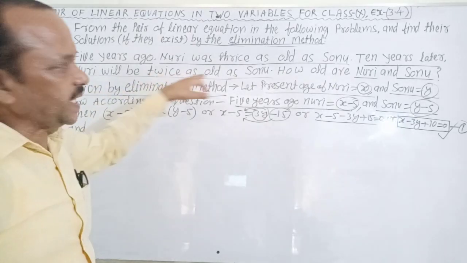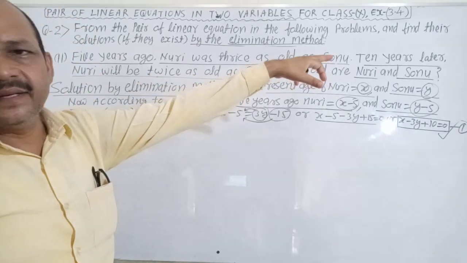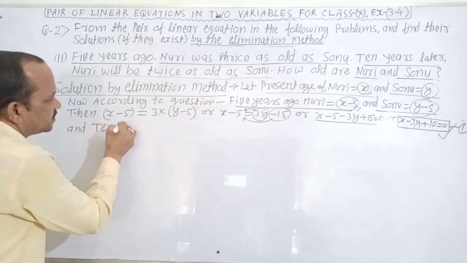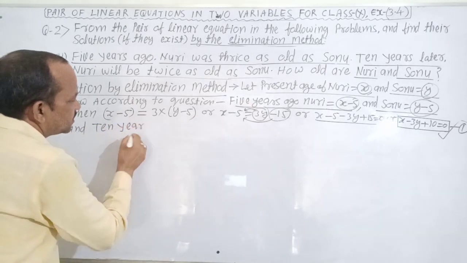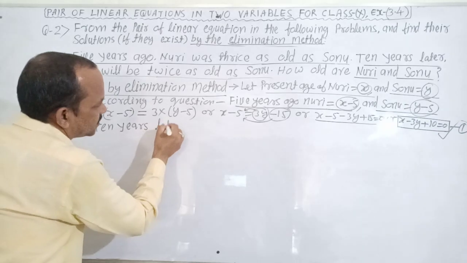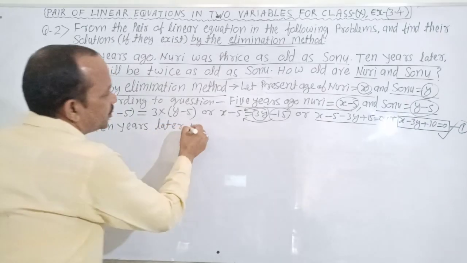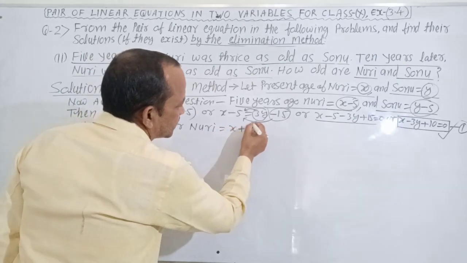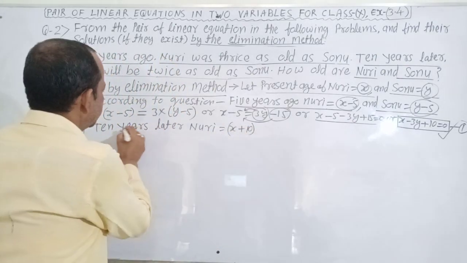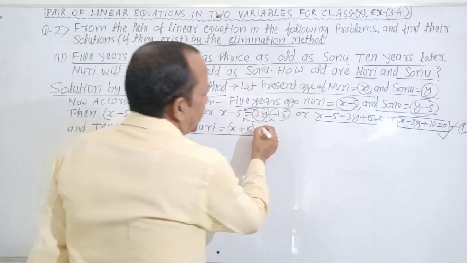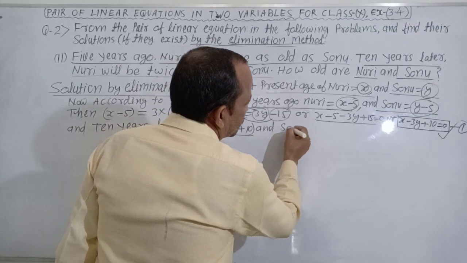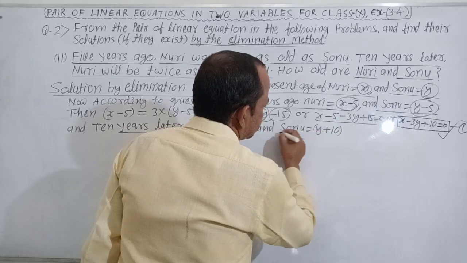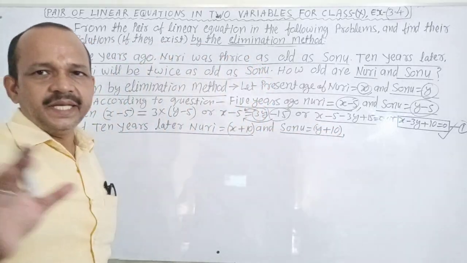And here, according to the second situation, 10 years later, Nuri equal to x plus 10 and Sonu equal to y plus 10. Clear? Then